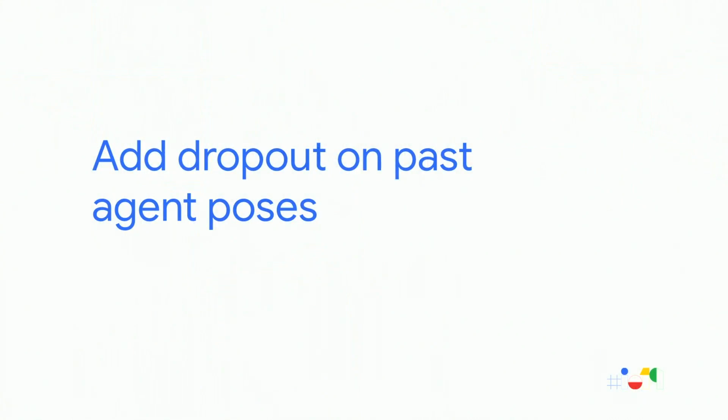Instead, what we do here is we propose adding a dropout on these poses. What that means in practice is that for a subset of examples, we actually remove the past motion, but we do keep it for the rest of the examples. And that lets the net actually learn that to explain the stop sign, it has to really look not on the past poses, but on the real things which are rendered into the input.